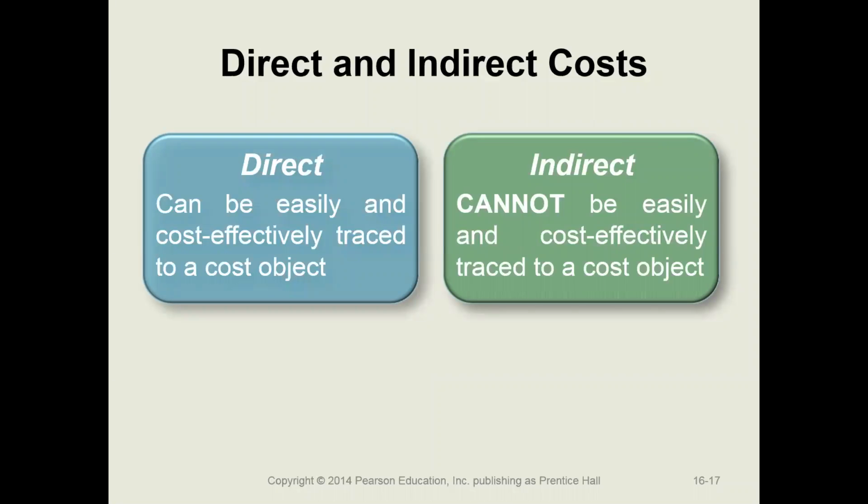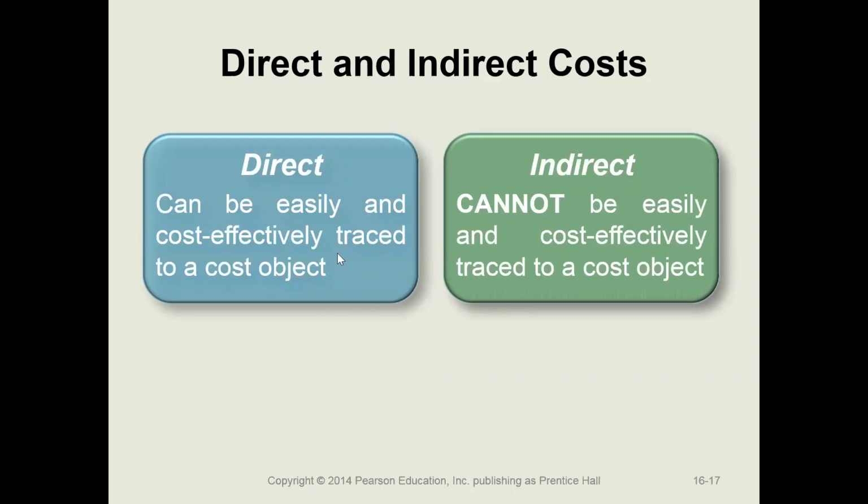An indirect cost is a cost that we can't directly trace to a product or whatever the cost objective is. Cost objective means how we're keeping track of cost. Okay, again, it's usually by product, but sometimes it's by department. Okay, and we'll see that later on in the course. So again, direct, easily traced to a cost objective. Indirect can't easily be traced.